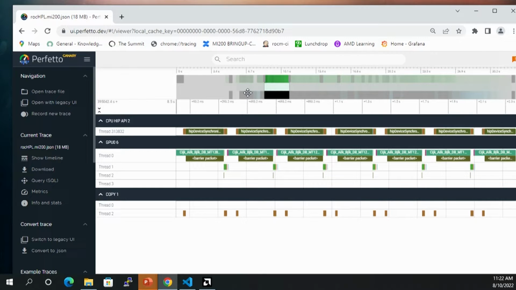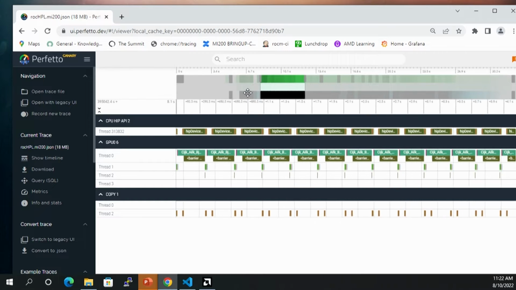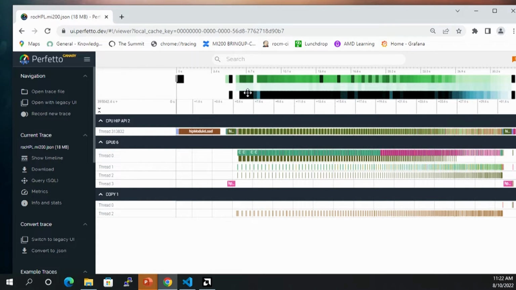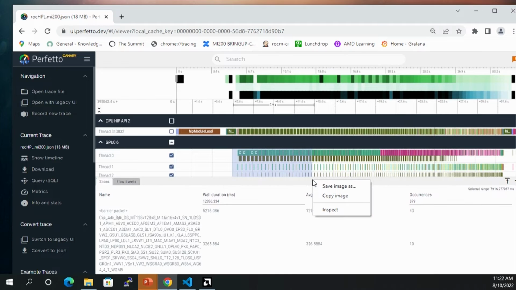So now say, for example, I'm interested in understanding overall statistics right here from inside Perfetto. What I can do is use my pointer or my cursor and shortlist this entire region, because I think it's pretty repetitive, and I just want to see what's happening. So when I do this, it's going to open a bottom panel, and there it's going to tell me what are the different kernels which